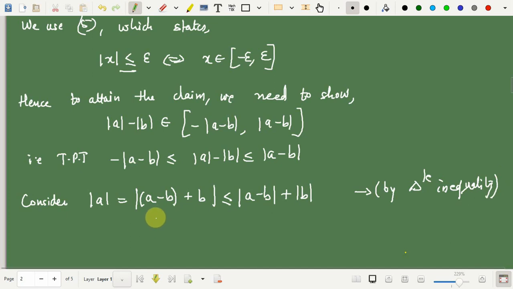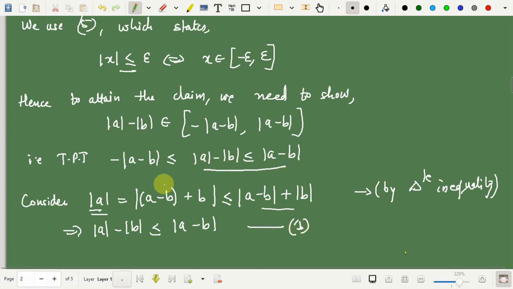Right? And therefore, see, I want this relation. So if I take this mod of b to the other side, we have attained that mod of a is less than or equal to mod of a minus b plus mod of b. So if I subtract throughout by mod of b, then I will get mod of a minus mod of b less than or equal to, it's same as taking this to the other side. So now I am just considering this with this, forget about this, there is a less than or equal sign. So this would be same as mod of a minus b. So have we attained one inequality? Yes, true. We have proved that this is true, and I would call this 1.